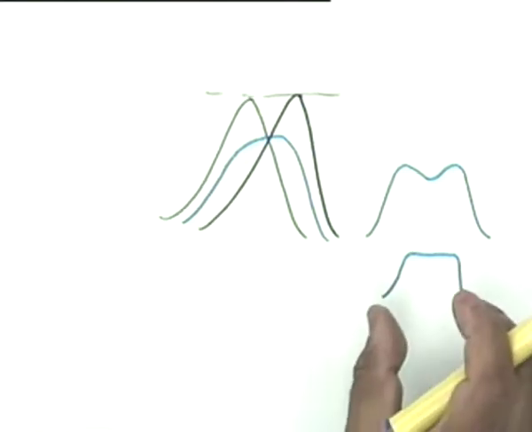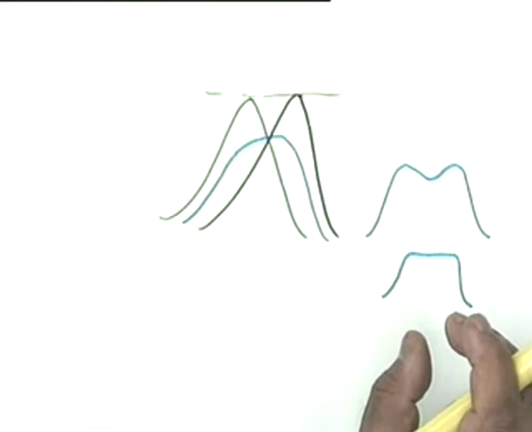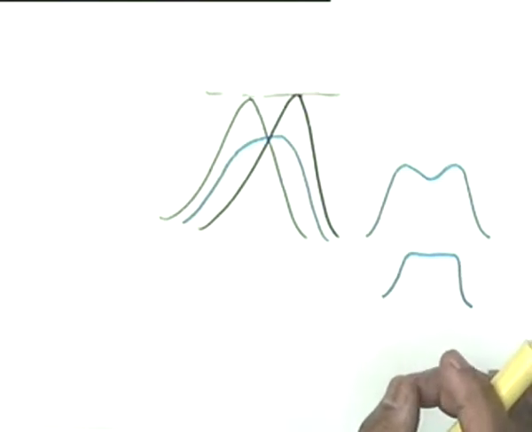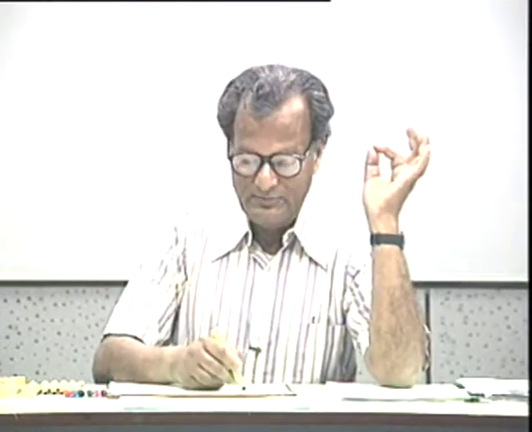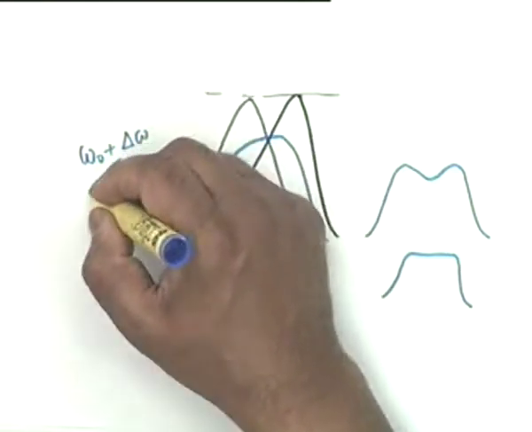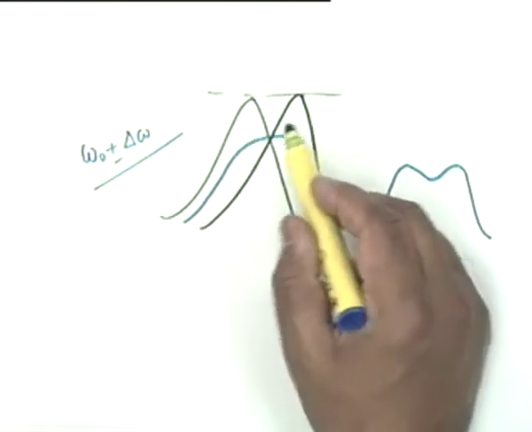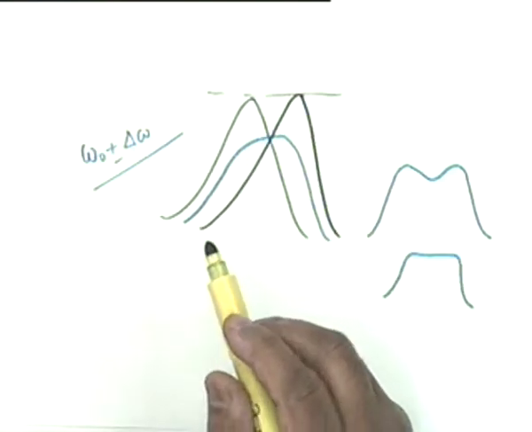a flat top. Such a response, a flat top, is preferred in circuits which have to pass a band of frequencies, not a very small band. It's not just one single frequency omega 0, but omega 0 plus minus delta omega, as is required, for example, in an IF amplifier. In the IF amplifier, yes. What is that central blue line which you have drawn? Oh, this is the result of these two. Or should it be lesser?